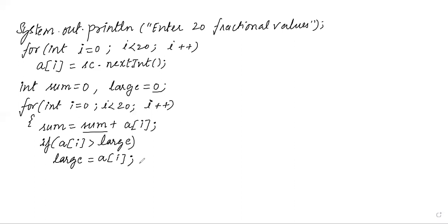Now again, the loop will get executed, I plus plus. It will check the second value. So when we check the second value, I becomes 1. It will check with the largest, the 3.5, the last value which is being stored into the variable large. Now close this loop and at the last, what you have to do, you have to simply print